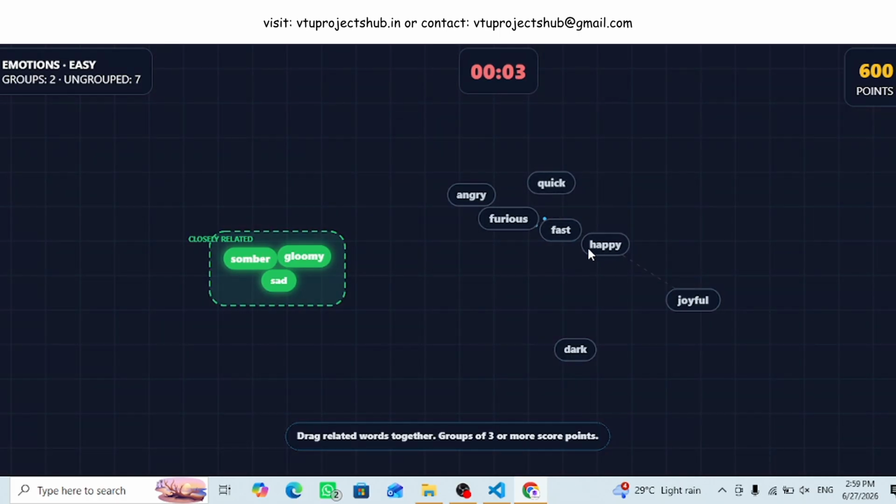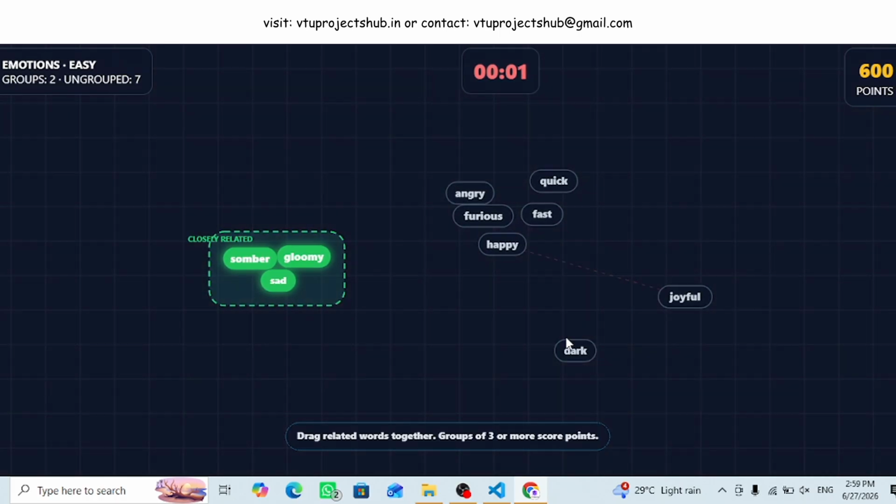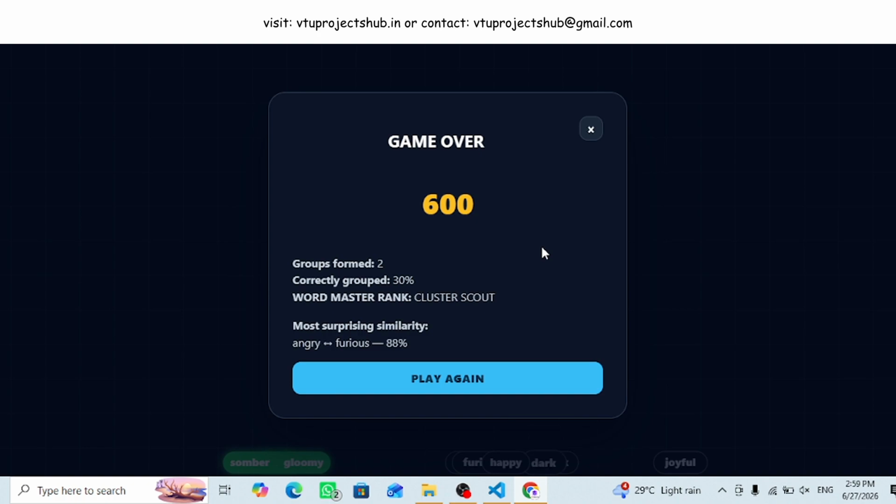The timer becomes more urgent near the end of the round. The user continues watching words settle, connections appear, and groups form until time runs out. When the round ends, the Game Over panel appears. The Game Over panel shows the final score, the number of groups formed, the percentage of words correctly grouped, and